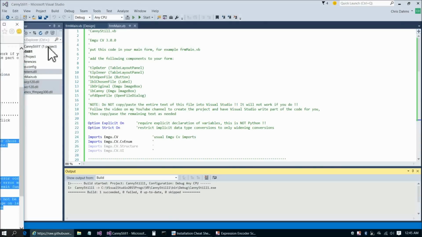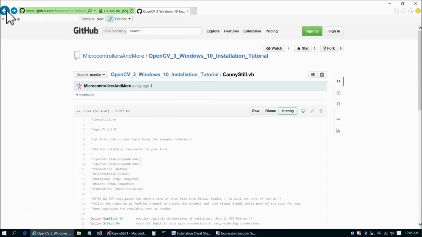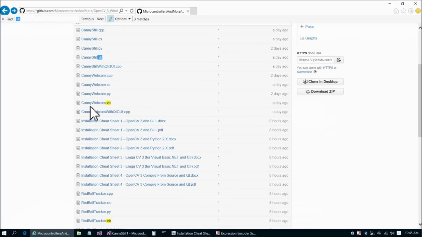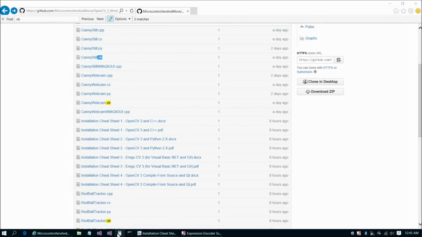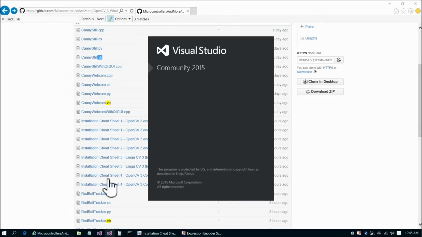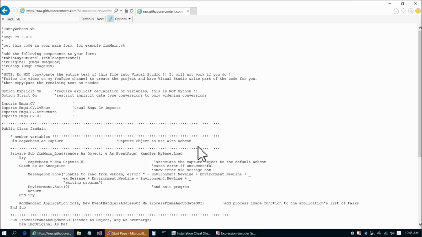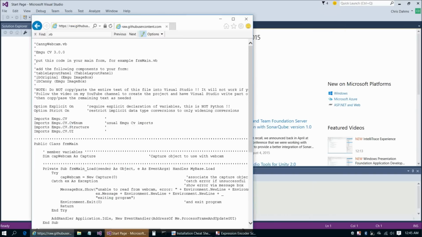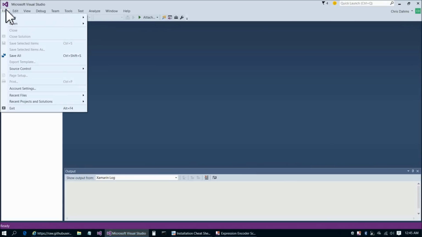So now going back to the microcontrollers and more GitHub page, we can now do the next program, which is cannywebcam.vb. So let's go ahead and close out of Visual Studio 2015 and reopen it. While we're waiting for that to open, we'll go into cannywebcam.vb for the first time and then go into the raw code, and this is what we'll be copying and pasting out of. So referring back to the cheat sheet here, we can go to File,